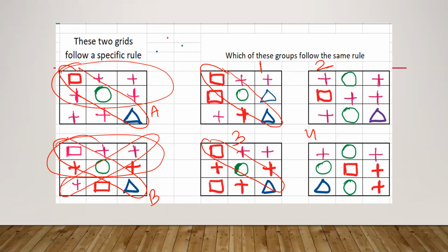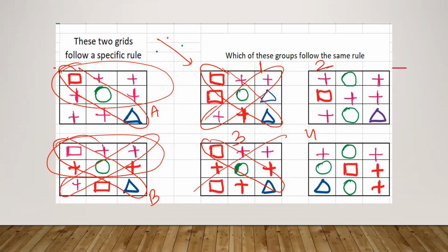You can check diagonal wise from left to right, and 1 and 3 same. No, sorry, left to right they are not same. Only right to left they are same. This diagonal they are same, this diagonal they are not same. So that is 1 and 3.